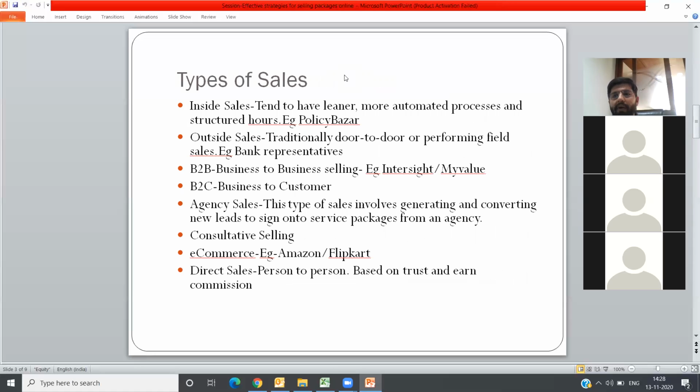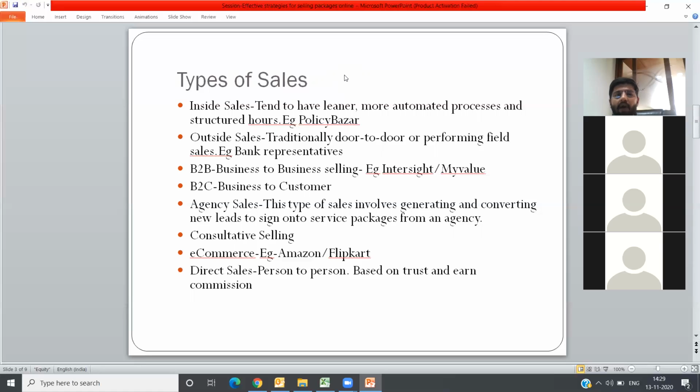like you have a back-end operations team sitting. Okay, you have some services or some product ready. Customer will be calling, and they have automated processes and structures, so the customer will be calling them and getting the service or product delivered to their mail or their phone number through online payments only. Like Policy Bazaar, it is all an automated process, all the rates have been decided earlier. They'll just forward you the details. You have to accept and do the payment and they'll be mailing you.